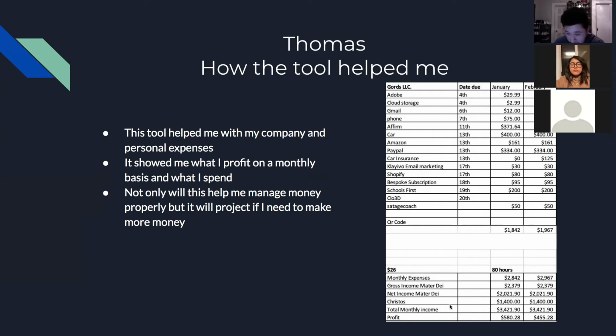On the bottom here, I have the monthly expenses, what's made, what's spent, and what's profited. So not only does this help me manage my money properly, but it will project if I need to make more money, get more hours in work. Yeah. So